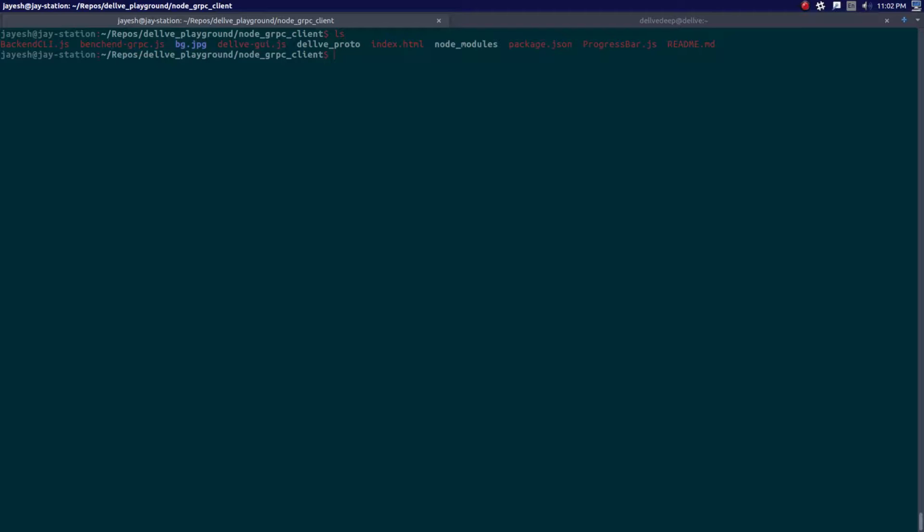real time. We currently have 2 versions for our demo. The first version is completely in the command line, and so we start that up by running node backend CLI.js, and we specify the IP address of our benchmark server along with the port that we'll be listening to. So that should start, and that will show us 2 meters for GPU